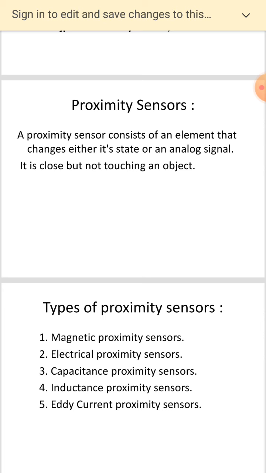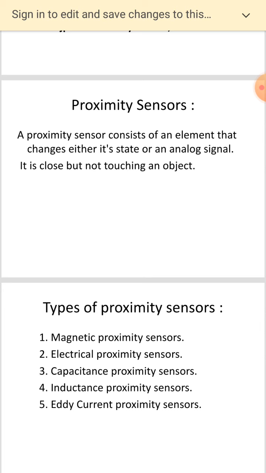Magnetic, electrical, capacitance, inductance and eddy current methods are particularly suited to the design of a proximity sensor. A photo emitter-detector pair represents another approach, where interruption or reflection of a beam of light is used to detect an object in a non-contact manner. The emitter and detector are usually a phototransistor and a photodiode. Common applications for proximity sensors are counting moving objects and limiting the traverse of a mechanism.